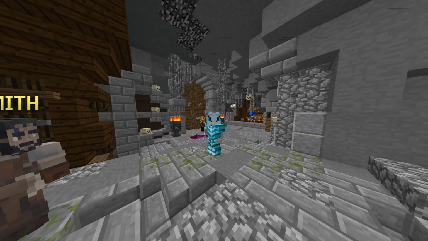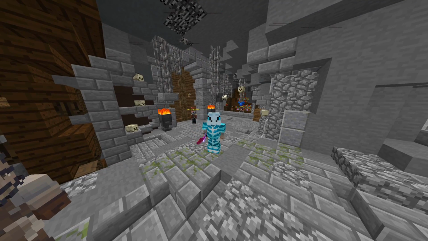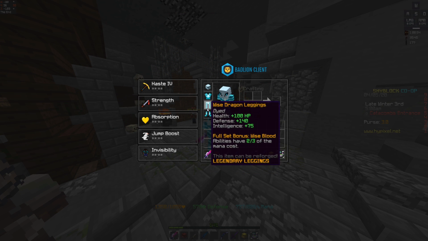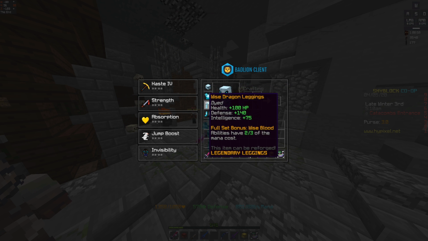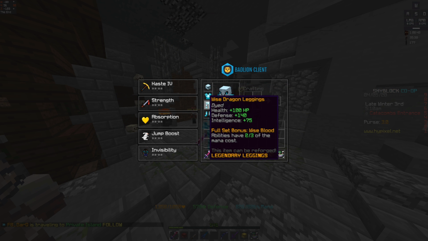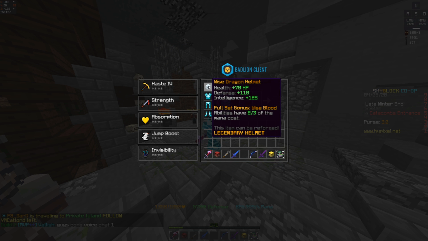So, the Mage, the person who spellcasts all the time. I've basically made a whole video on this sort of build, but it basically goes around Wise Armor. Wise Armor is going to probably be the best set ability-wise, just because of the intelligence that you get off of them. You should reforge it to Wise. I don't have mine Wise because I haven't put the money into it,